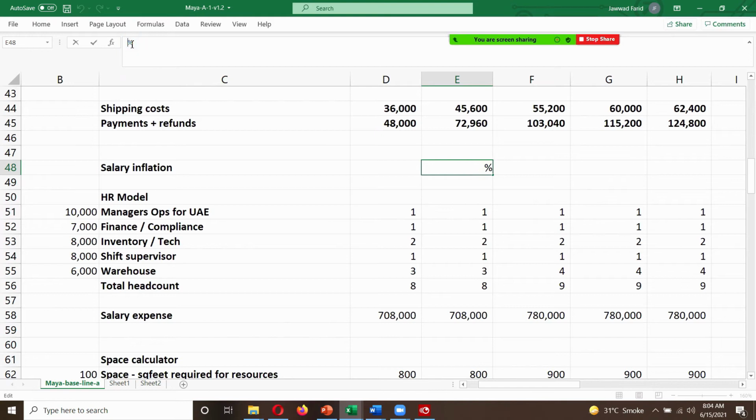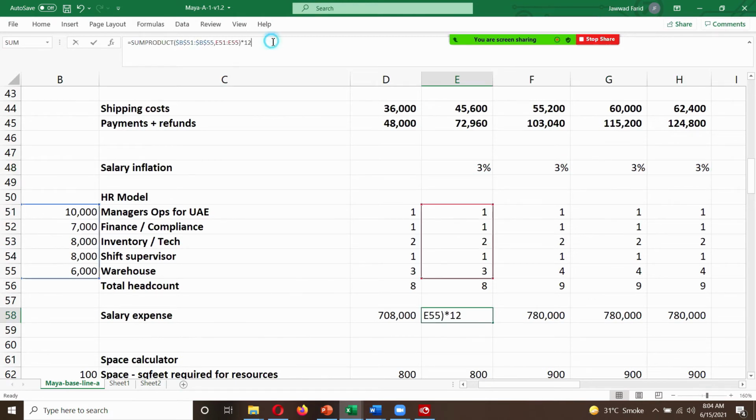Let's make it 3% a year. Let's be generous. So 3% a year. We'll increase salaries every year, so that when people ask us, have you factored in for salary inflation? We say, yes, we have. And the number will change from market to market, right? So this basically means it's going to be this times 1 plus this 3%